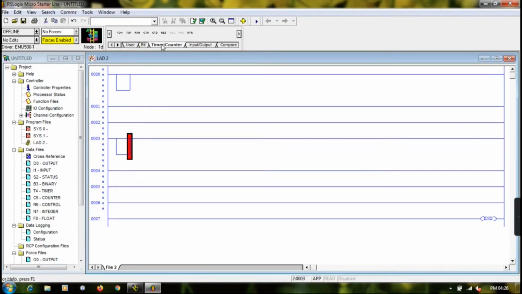Similarly, if you go for the timer or counter option, you can see on timer, off timer, retentive timer, on delay, count up and count down, reset. All the instructions come under this category. Again, input, output, and comparison for comparing, such as equal to, greater than or equal to, less than or equal to, all the instructions are over here in compare. Here compute or math: add, subtract, multiplication, division, square root, all these instructions are over here.